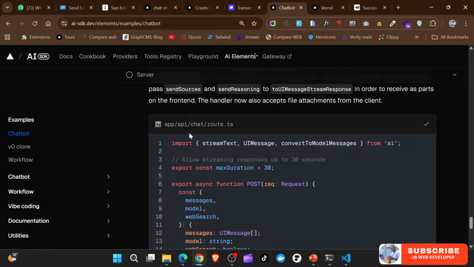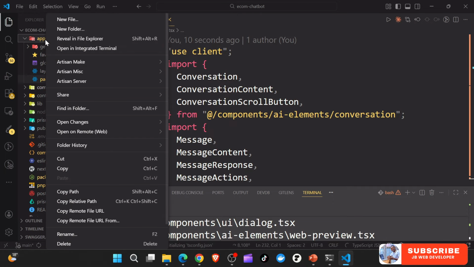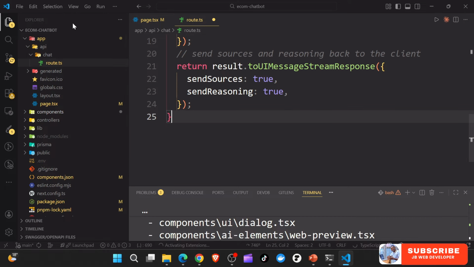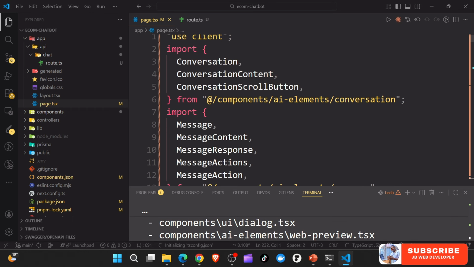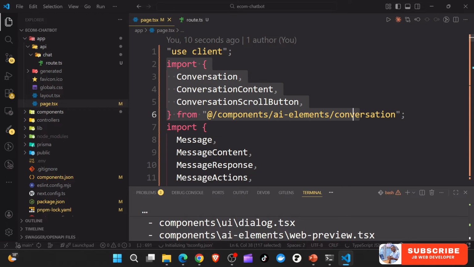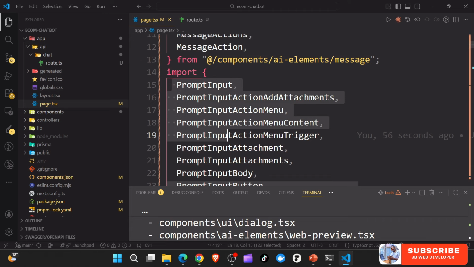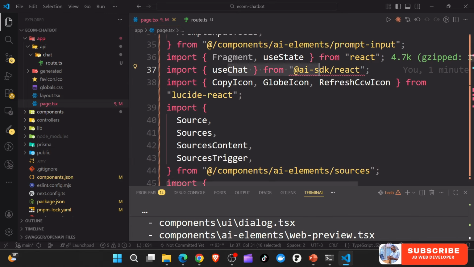I'm just going to copy this and create API chat. Inside the app, let's create a new file, API slash chat slash route.ts, and this is going to create an endpoint for us. Let's understand this. We already walked through this in the PowerPoint, but let's show it. For example, we have the conversation, AI elements conversation, we have the message, we have the prompt input, we have the use chat, and